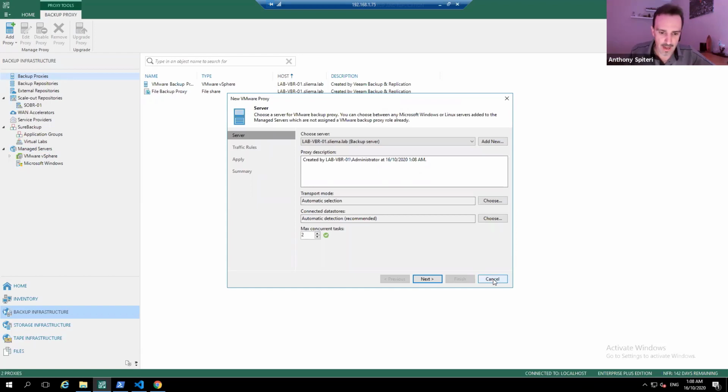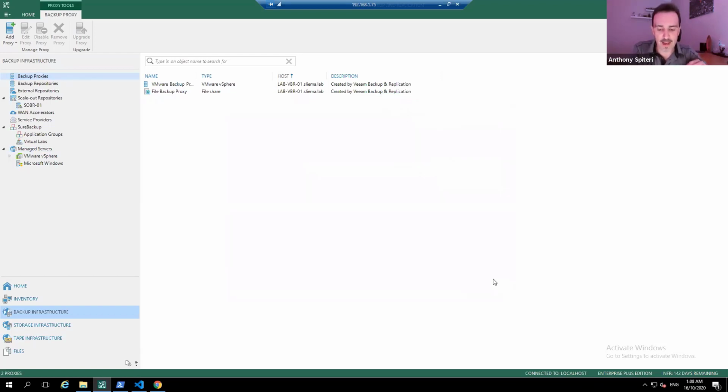What I thought was, with our backup proxies in Veeam, they basically should be scalable. They should be able to grow and shrink with the size of your backup infrastructure. Now, the other thing about these proxies and these servers is that as they sit, they take up space. They take CPU resources, compute resources, and storage, and licensing, actually, as an important point there. So what I was able to do is think, well, how can we leverage Terraform? How can we leverage infrastructure as code to automatically deploy these proxies? And maybe to that end, once we have the ability to automatically deploy them, let's now scale them up and down.